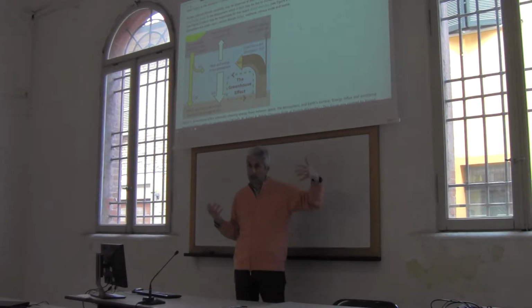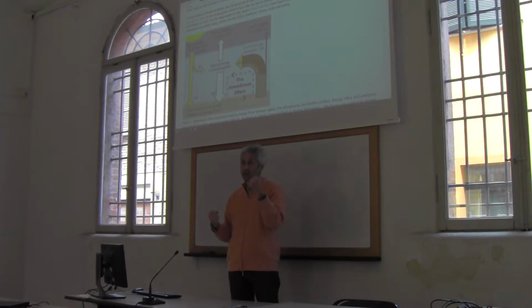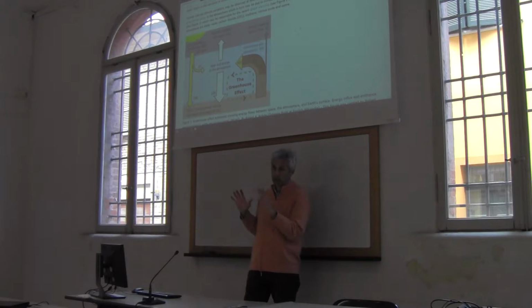A greenhouse allows the light and the solar radiation to come in, and then vegetation can grow, but the roof doesn't allow the heat that is produced by vegetation, by the soil itself, to go out, and therefore you get an environment that is warmer. And the greenhouse gases work in the same way. This is something that is physically understood, and therefore there is no doubt that if we increase the concentration of greenhouse gases, there is a greenhouse effect.